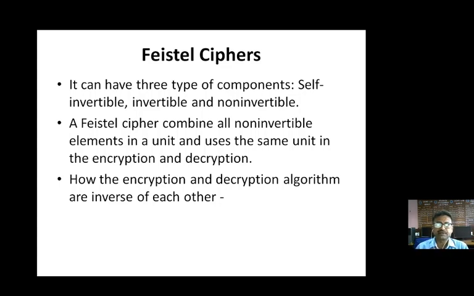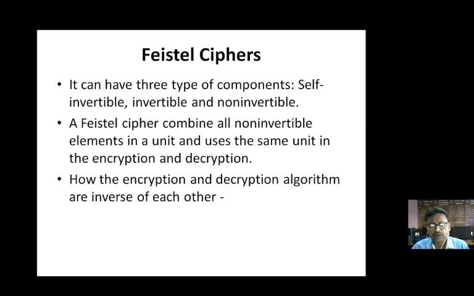The Feistel cipher combines all the non-invertible. Now, if the system is using non-invertible components, then with encryption, and if we are applying decryption, how is it possible to get the proper result